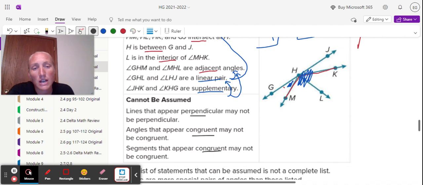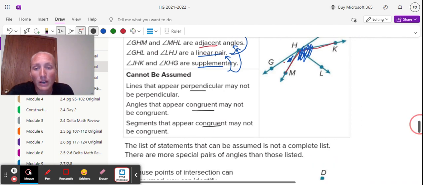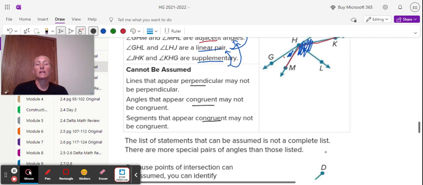So segment GH in this picture and segment HJ appear to be the same length, but we cannot make that assumption. Okay, so those are the main no's there. Again, this is not a complete list, but this is a pretty good start to what you can and cannot